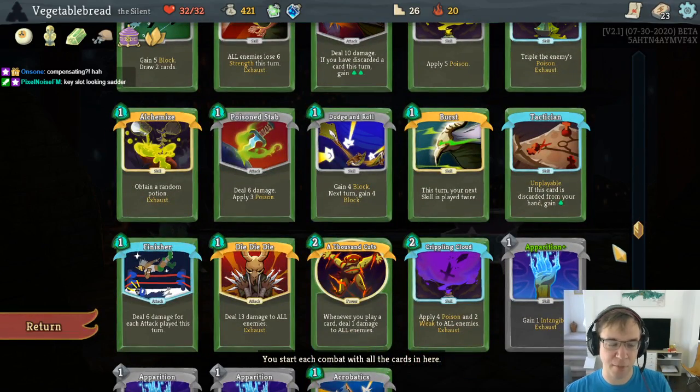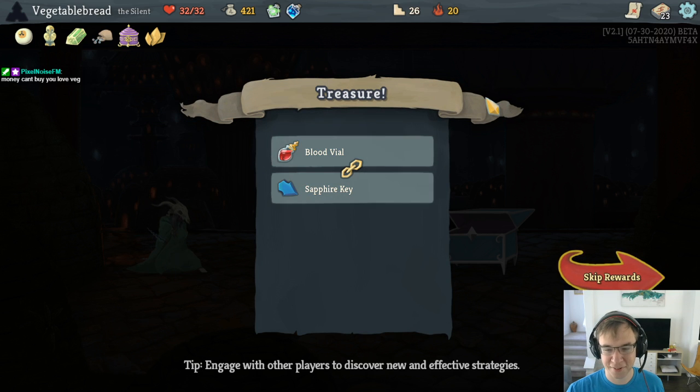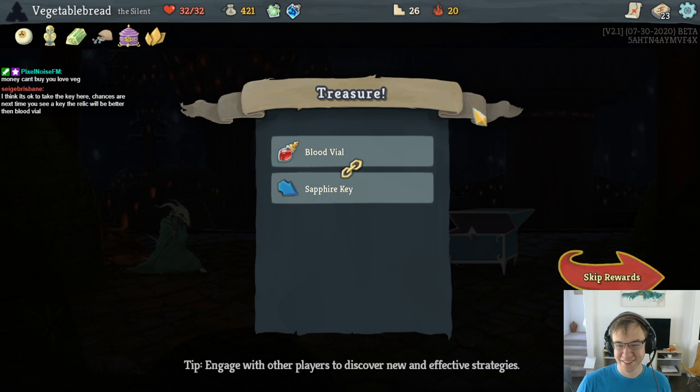So if we take damage, it would be nice to be able to heal it. Money can't buy you love. You think it's okay to take key here? Chances are next time you see a key, the relic will be better than Blood Vial. Yeah, I think I agree with that in broad strokes. There's a lot of worse relics than Blood Vial, though. We could get, like...